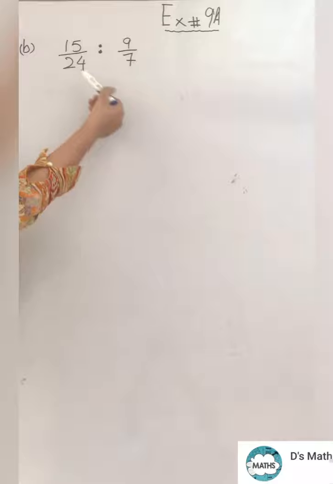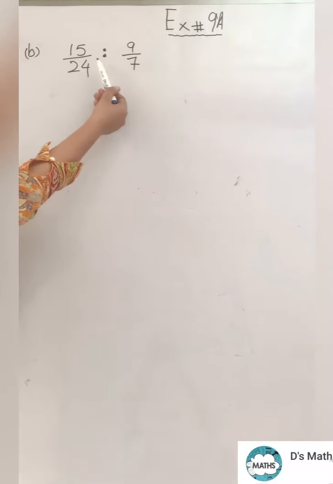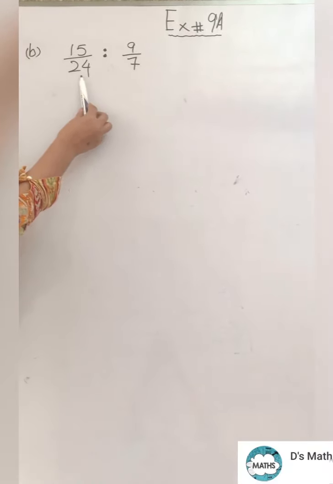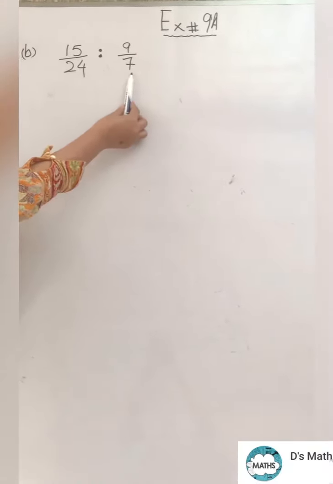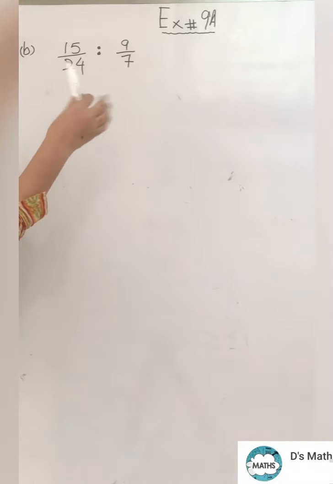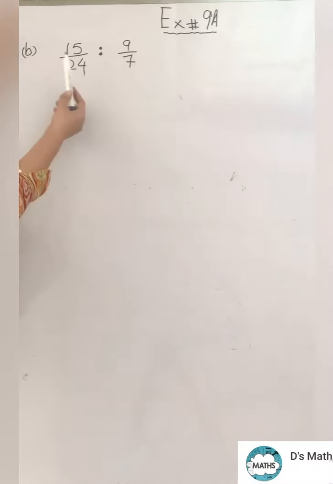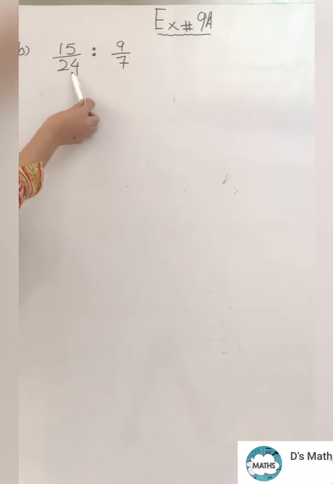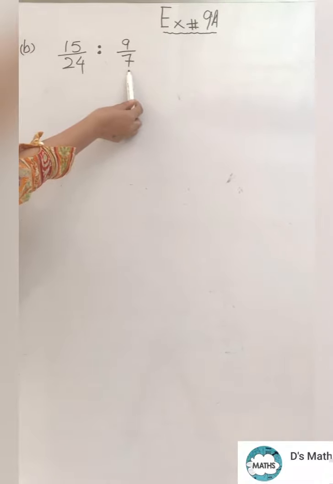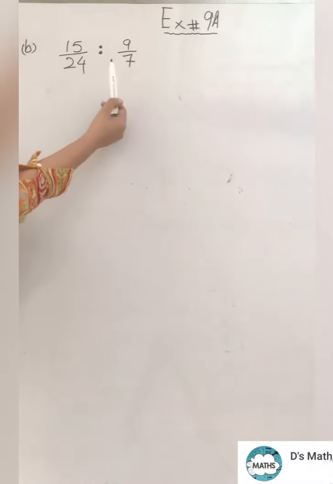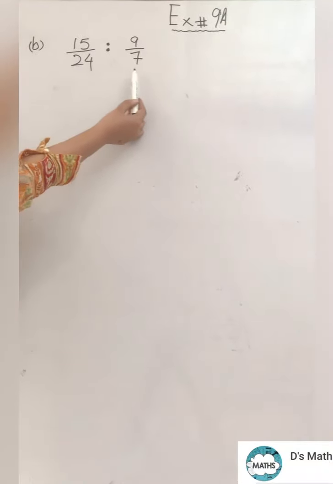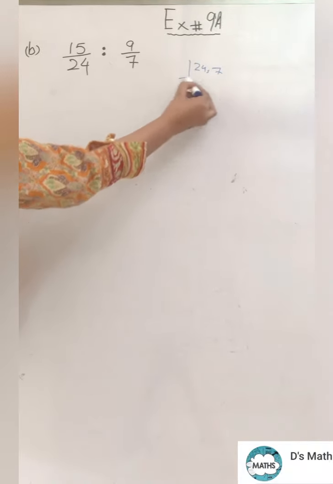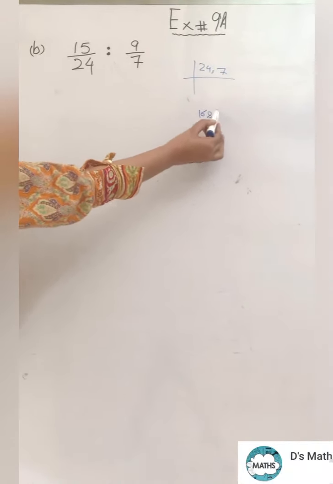Okay, this is a ratio of two fractions, and whenever we have to simplify fractions, what you have to do is remove their denominators. Here we have 24 as the denominator, here we have 7 as the denominator. So to simplify our steps, we will choose a number such that when we multiply it on both sides, automatically in one step 24 will be removed and 7 will also be removed. For that you have a hint. The hint is that you directly take the LCM of 24 and 7. When you take the LCM of 24 and 7, your answer will be 168.